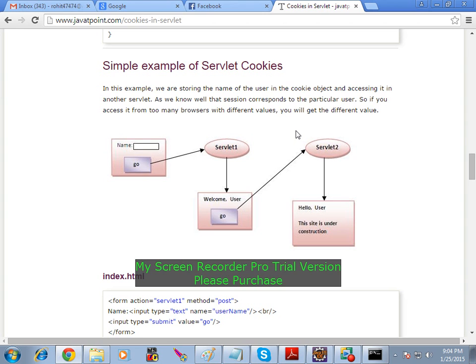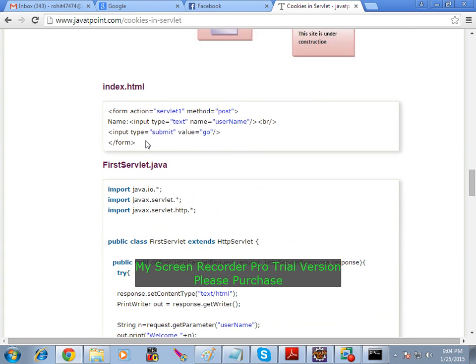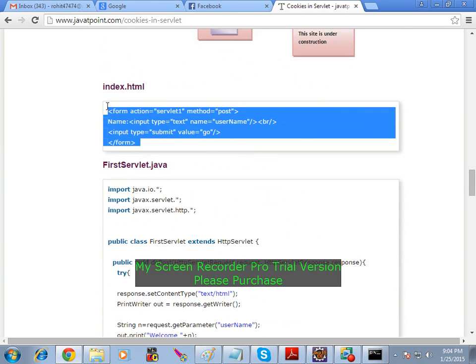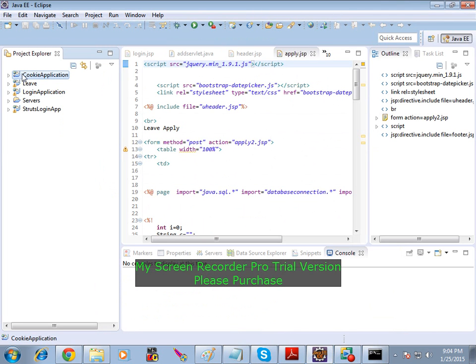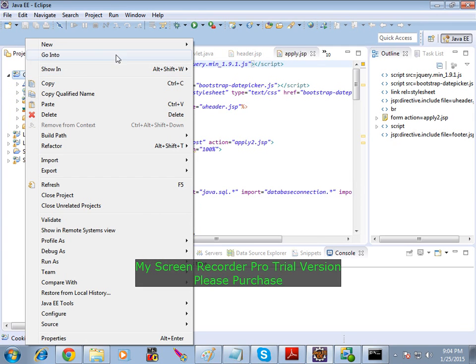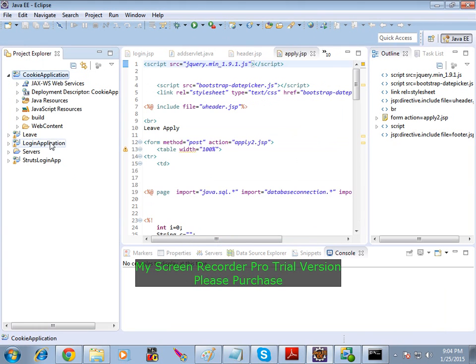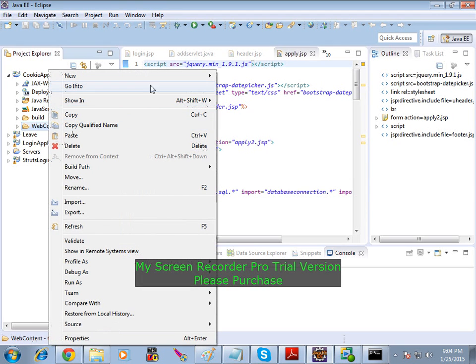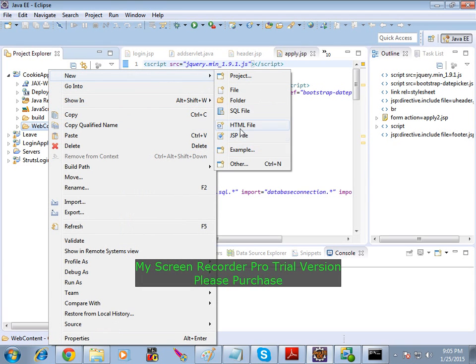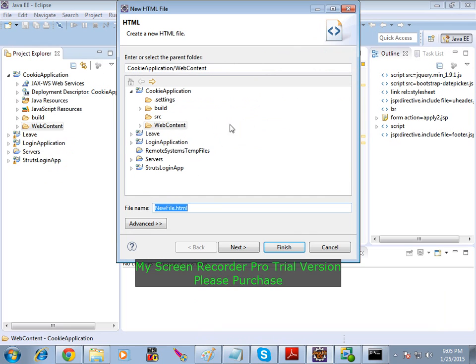But we'll extend this application. Like say we'll add 2 more text box. First of all, what is required? Index.html. Copy this thing. So we'll be having a servlet, right? Sorry, it's not servlet, it's a HTML file.